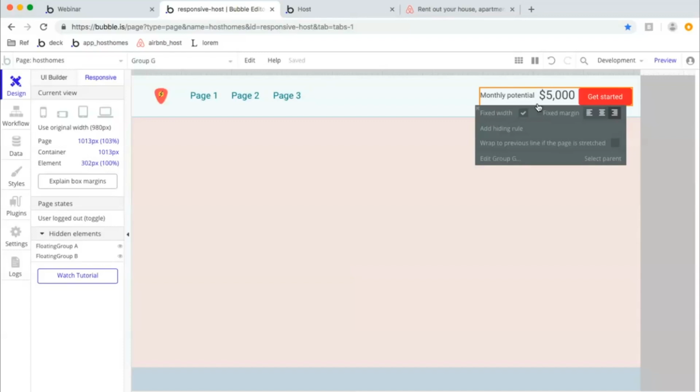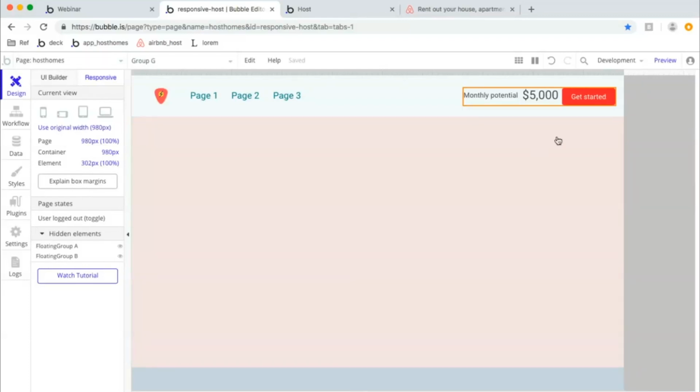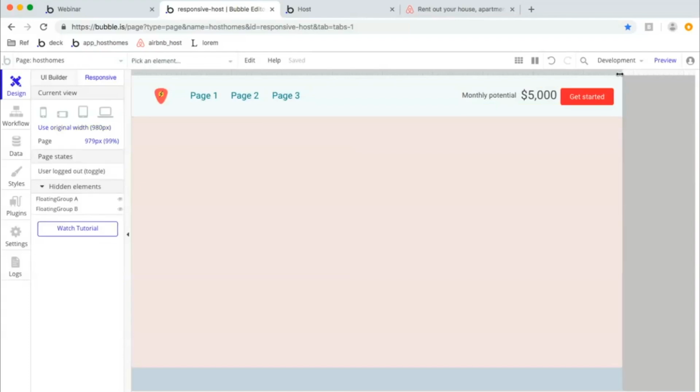So a key concept here is breakpoints. For simplicity's sake, we'll just look at two breakpoints. We'll look at an 800 pixel breakpoint and we'll look at a 400 pixel breakpoint. Let's say 800, so our original width is 980. And then once you actually start shrinking the page,